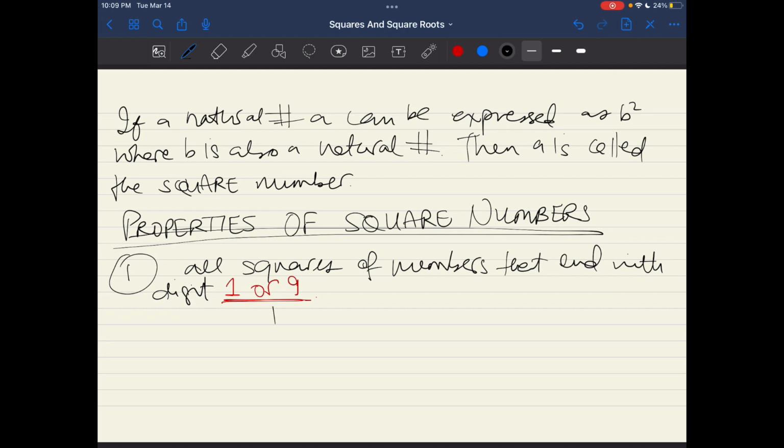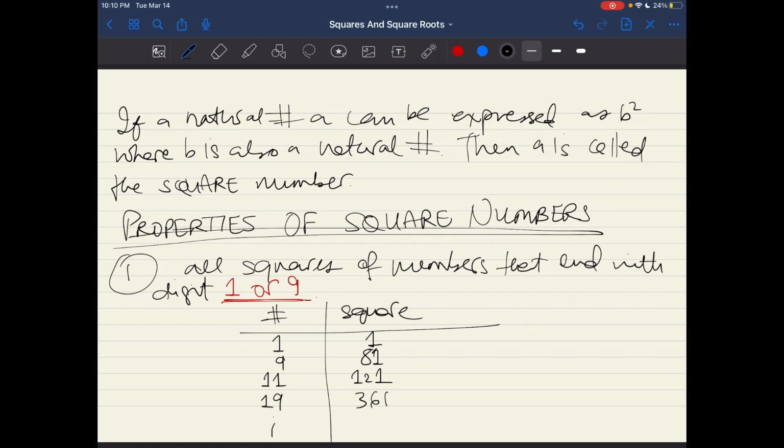Okay, let's look at that. We have the number here and we have the square here. 1 or 9, right? So 1, we have 1. 9, we have 81, right? Then next is 11, we have 121. Next will be 19, which is 361, and we keep going. What do we see? For all the numbers that end with 1 or 9, the square always ends